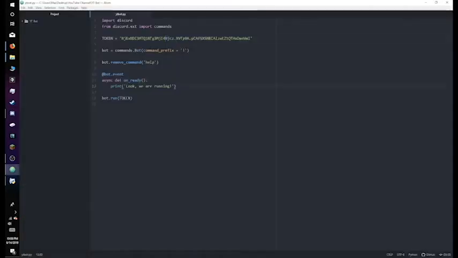So now we want a command. So we're going to do bot.command. And then we need to pass context. You always need to do this. You always need to pass your context. And now we do async def. We're just going to do a ping. I always like to do that. That's not necessary for some cases. And then await bot.say